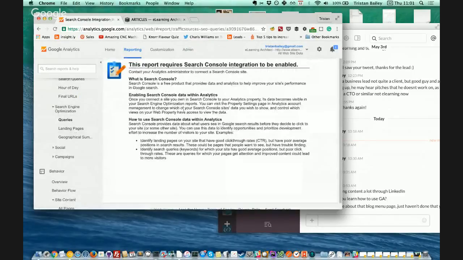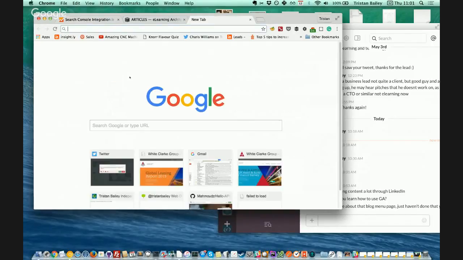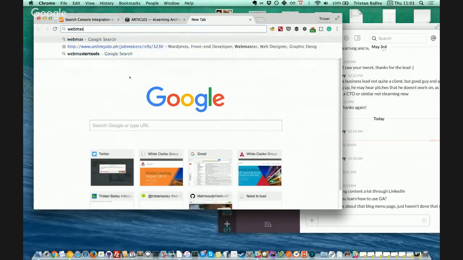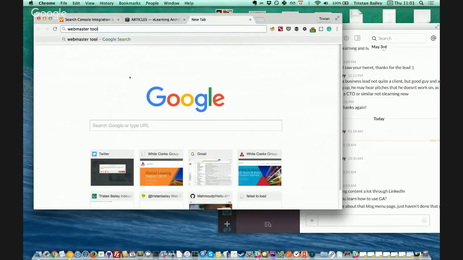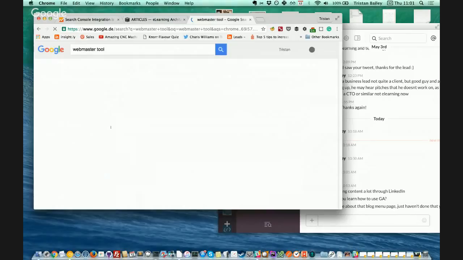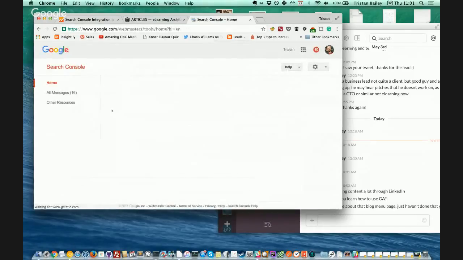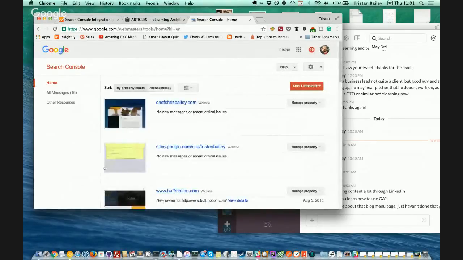Yeah, what is worth doing is setting up Search Console, or what used to be called Webmaster Tools, where you put a little tracking code in your website, because that is where you can see some search keyword data. So if I just log into Webmaster Tools, I can't remember what the URL is. So if I log into mine for my own website,